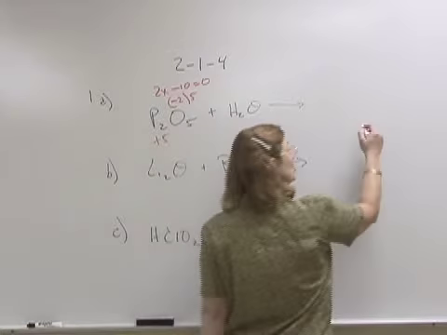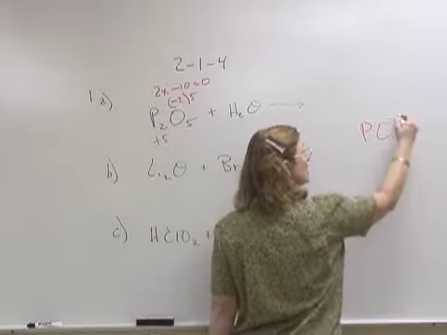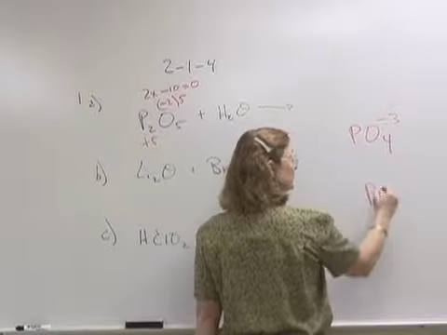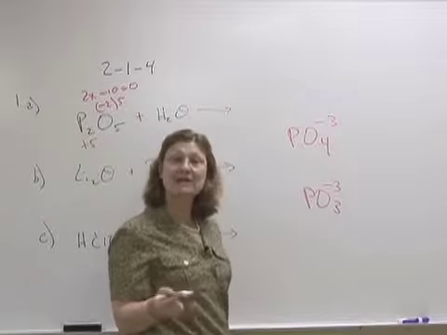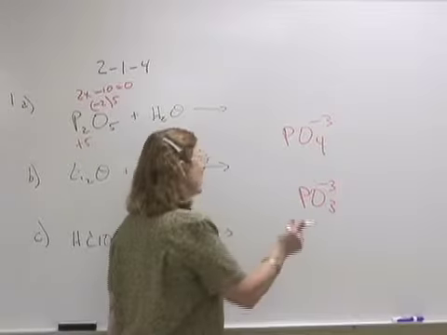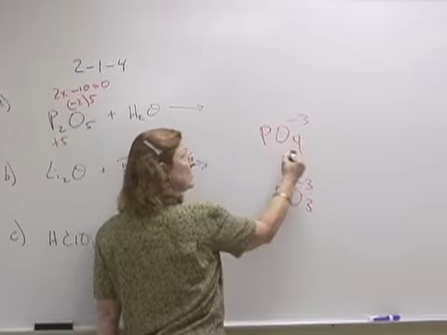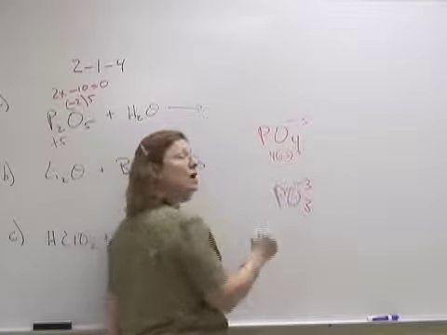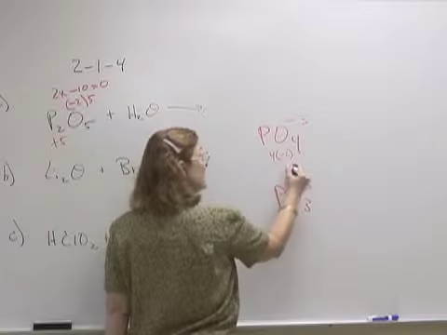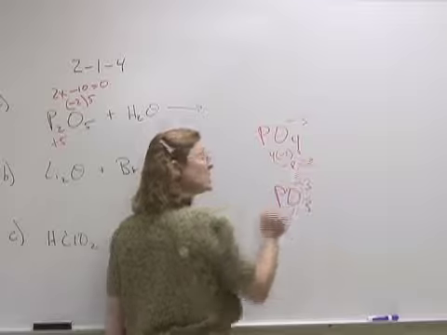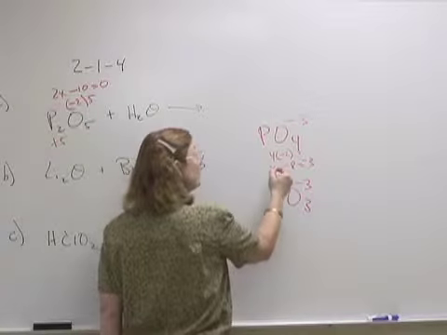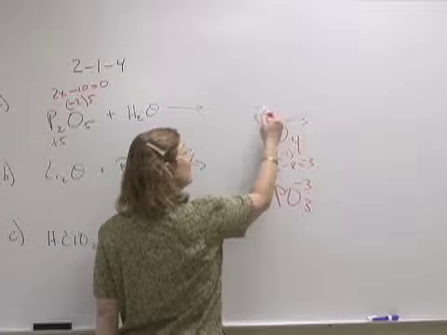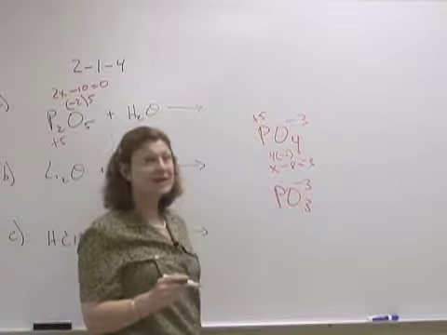We only have 2 possible polyatomic ions that have phosphorus in them: phosphate and phosphite. Now, in phosphate, oxygen is -2. There are 4 of them. That gives me a -8. This polyatomic ion has an overall charge of -3, and therefore phosphorus is +5 in phosphate, and that is the